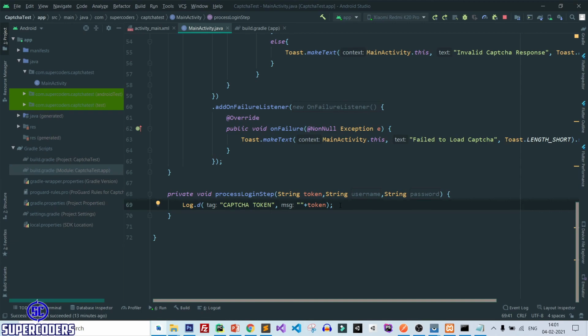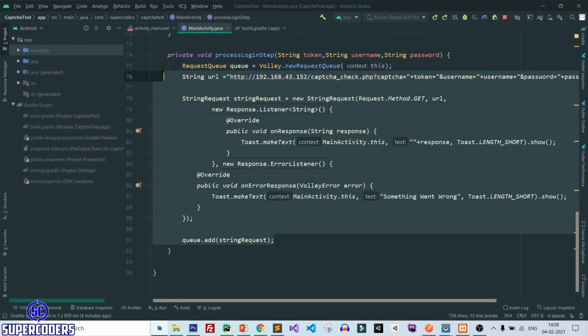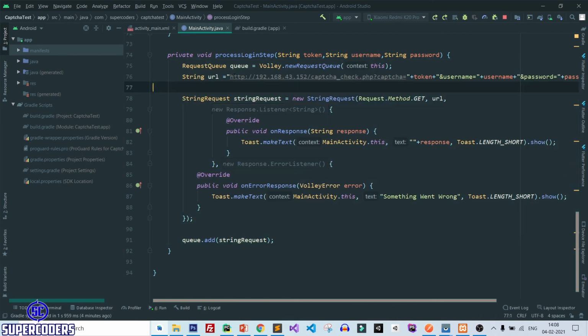And if you don't know how to make a network request, I will share a tutorial link in description. Now here also I added a Volley request for your example. You can see a simple Volley request which is calling our server API, and it is getting the response and getting the error response here.